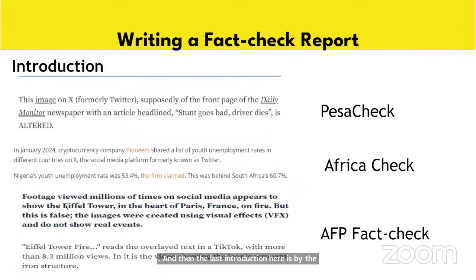So here, footage viewed millions of times on social media appears to show the Eiffel Tower in the heart of Paris, France on fire. But this is false. You see? So the claim here is the Eiffel Tower is on fire, yeah? So you put your conclusion, and then so in some cases,